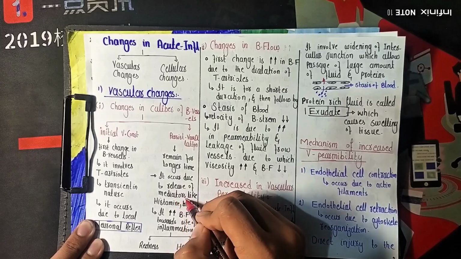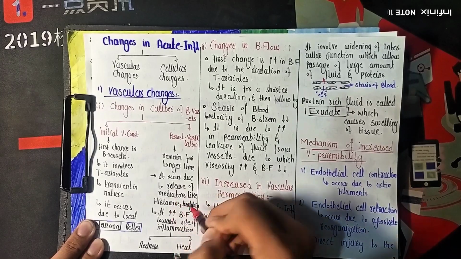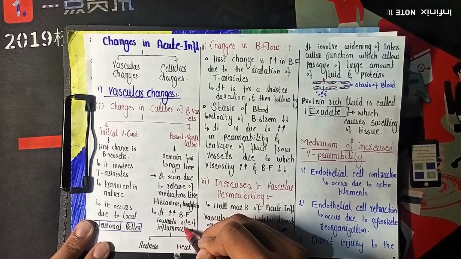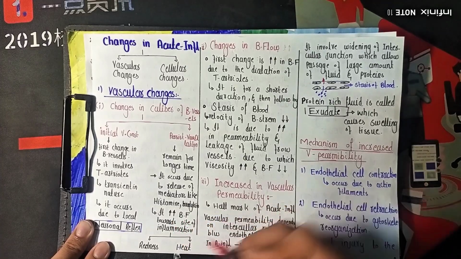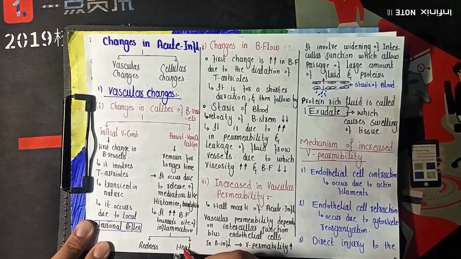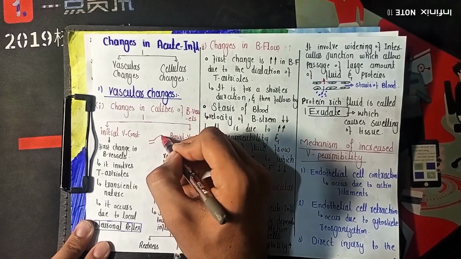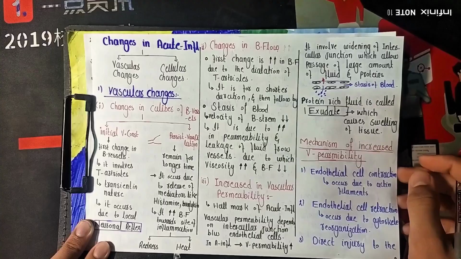vasodilation occurs due to the release of the inflammatory mediators that include the histamine and the bradykinin, and due to the vasodilation there is increase in the blood flow toward the site of the inflammation, which leads to the redness and heating of the area. इनिशियली जो ब्लड वेसल होता है वो कंस्ट्रिक्ट करता है, उसके बाद हमारे साथ वेसो डायलेट करता है, ठीक है।